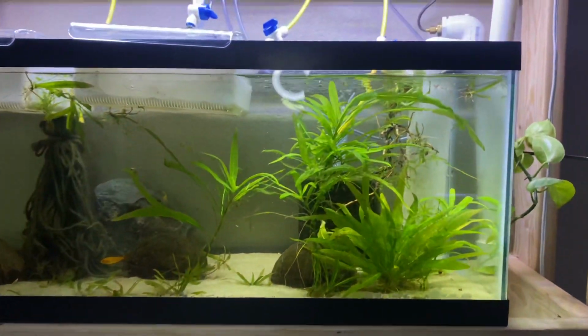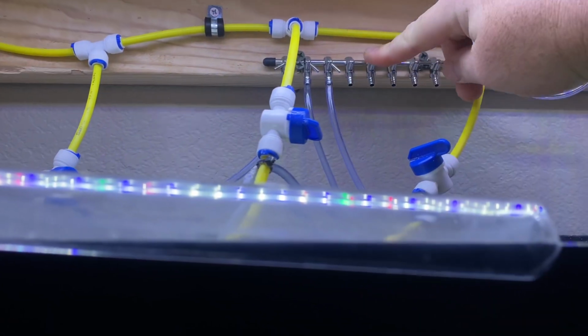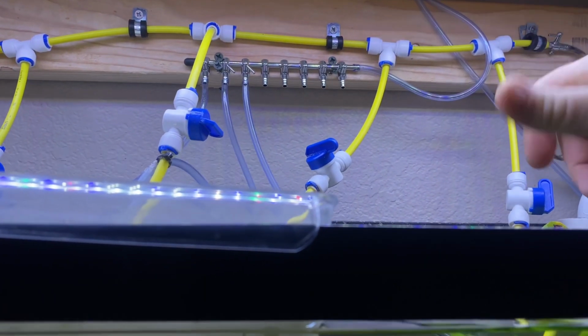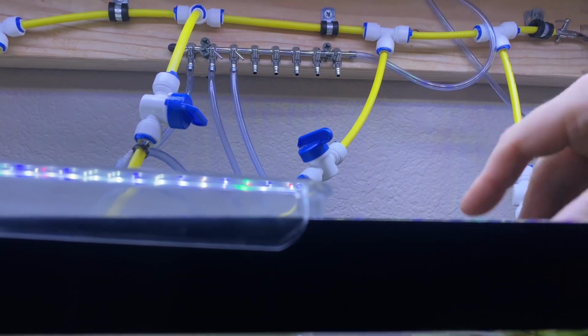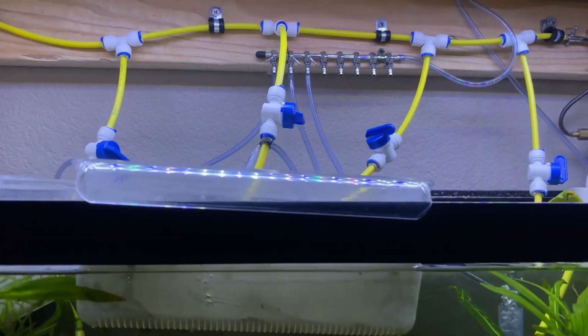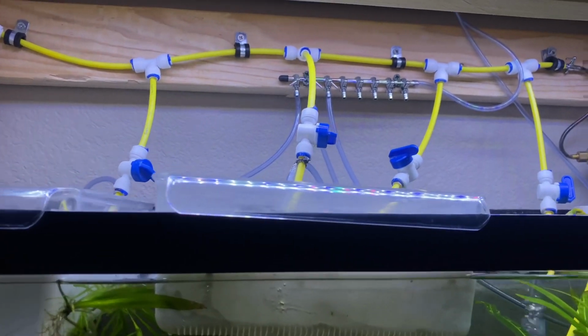But I really like it, it's working out great. Like I said, if I want to do different trays, I wanted to set a bowl in here, just for a particular species that needed to be different, that I didn't want to set in the system, but I also wanted to run air to it. But overall, with all the parts and everything, it was a few $100,